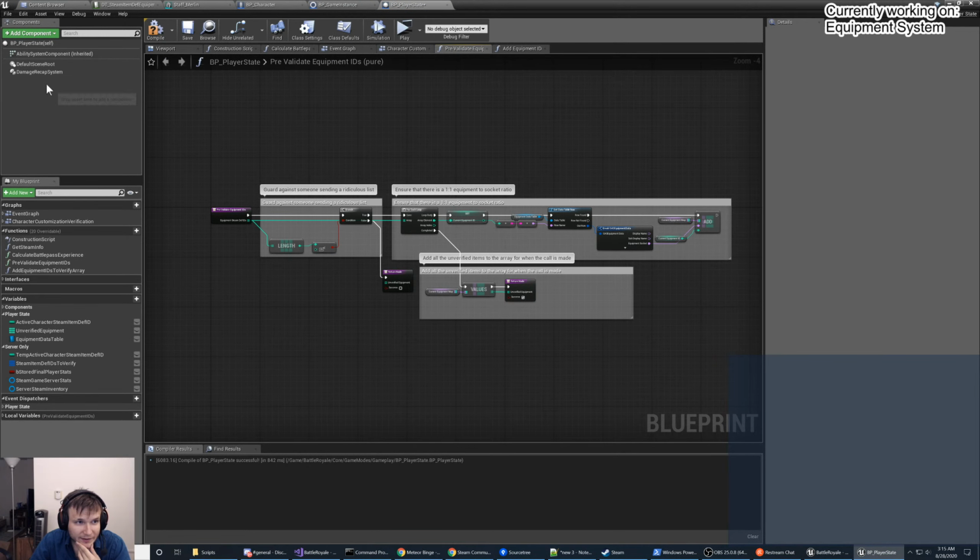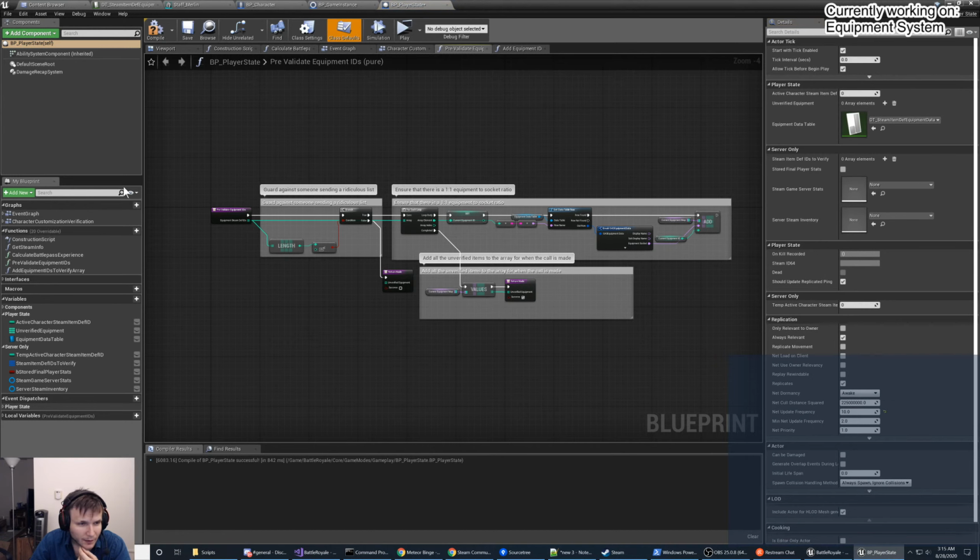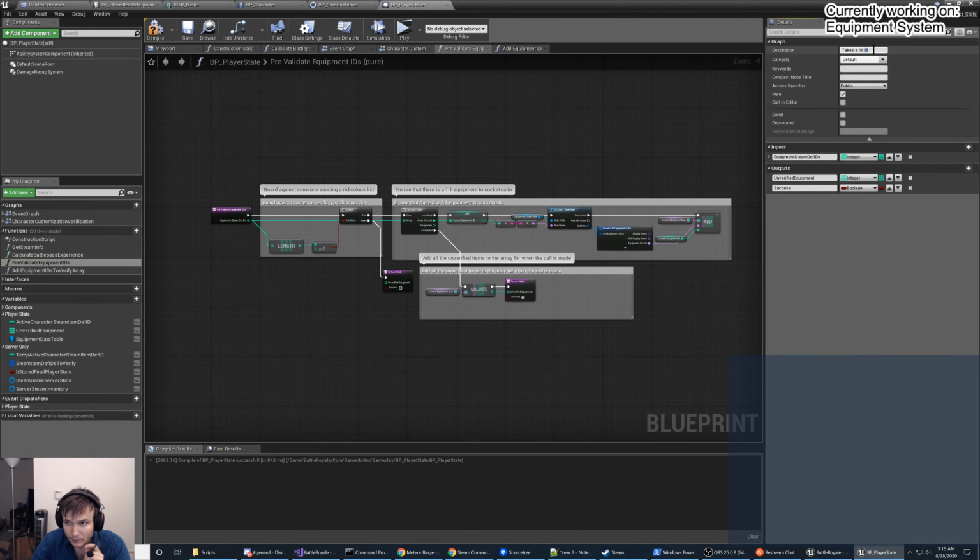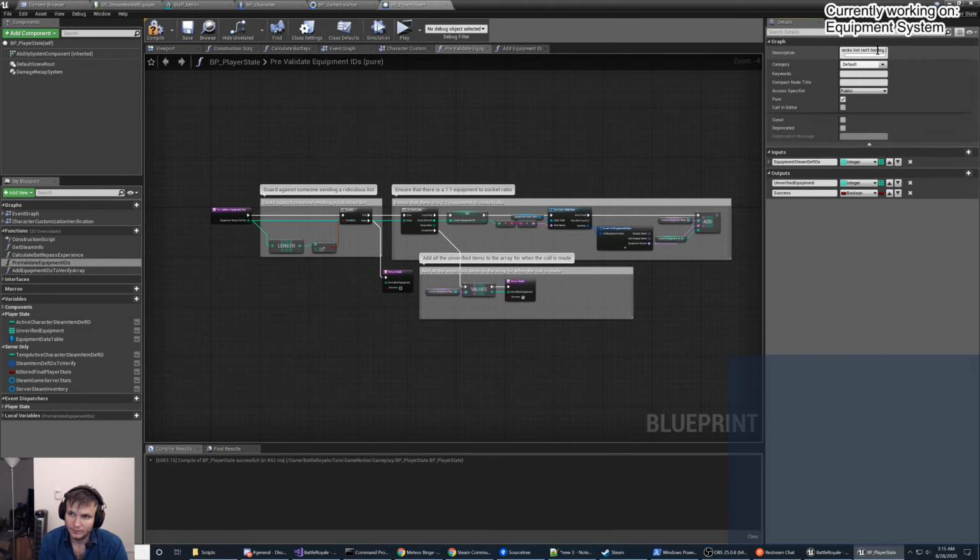Now we just come back in here. The list isn't too big. It requires one slot per one socket per equipment, and